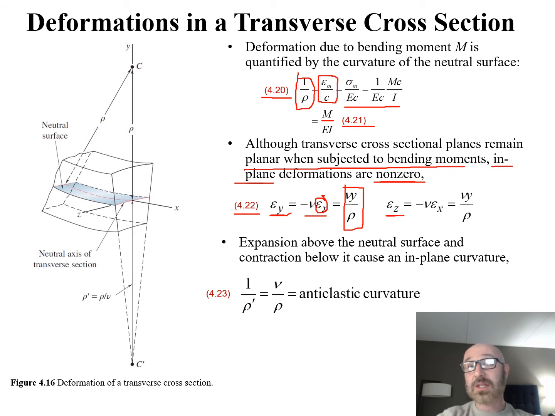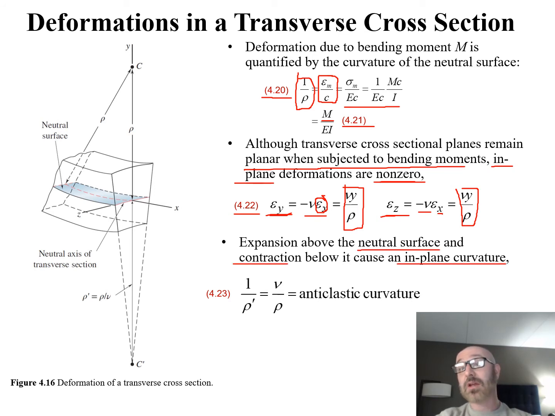And the same for z: epsilon sub z is equal to negative Poisson's ratio times epsilon sub x, which we plug back in as y over rho. So from equation 4.22, for this particular case, this lets us know that there's expansion occurring above the neutral surface and contraction below it,